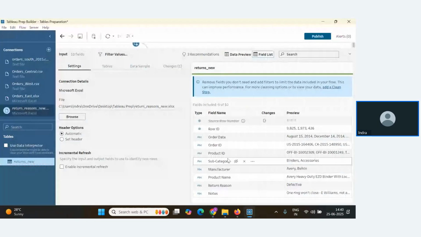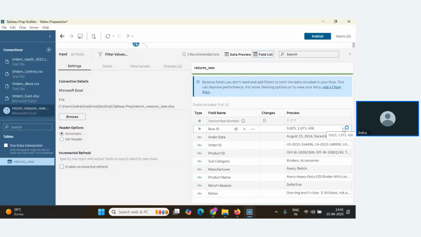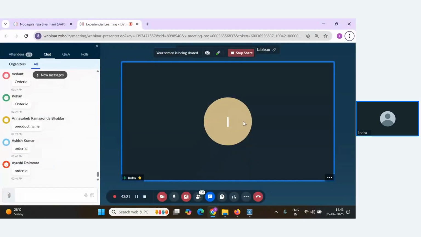But excluding these two fields, can you tell me what fields are relevant and what fields are irrelevant here?